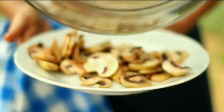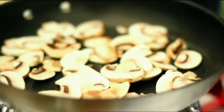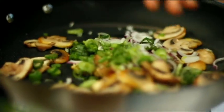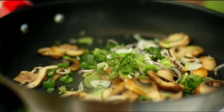All right, first batch of mushrooms has come out. I'm putting the second batch in. It's really important, if you have too many mushrooms for the pan, just do it in a couple of batches. All right, so now we're popping in some spring onions. We want to pop the spring onions in after we've browned off the mushrooms, otherwise they'll burn. And I'm going to pop in some thyme as well,